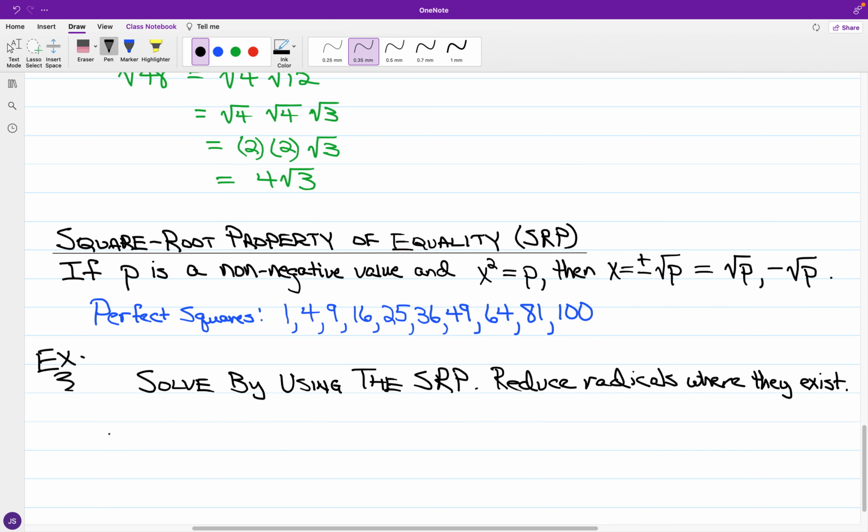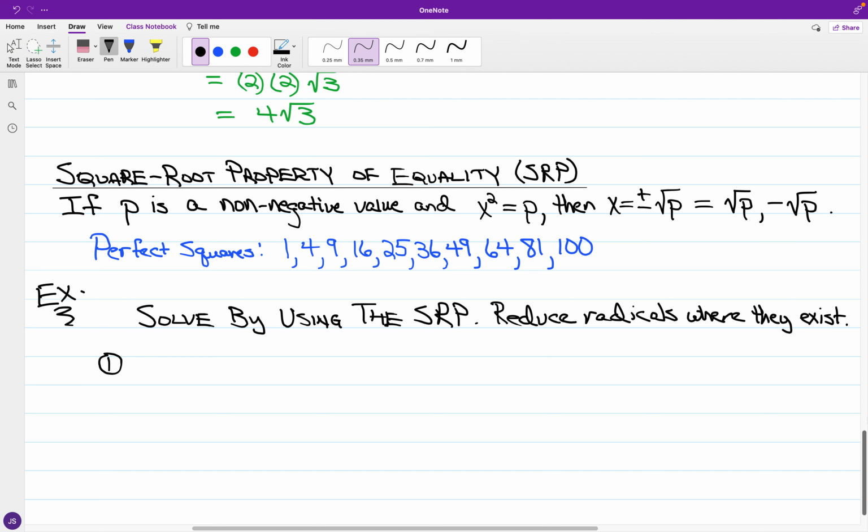Let's say one case. We'll just start out with the difference of squares that you could otherwise solve by the zero product property. And we'll just go with the basic. We'll say we have x squared minus 36 is equal to 0. Now, technically, you can factor out x plus 6 and x minus 6 and then just use the zero product property. But if we're using the square root property,